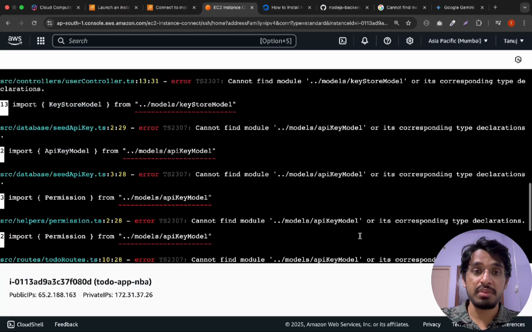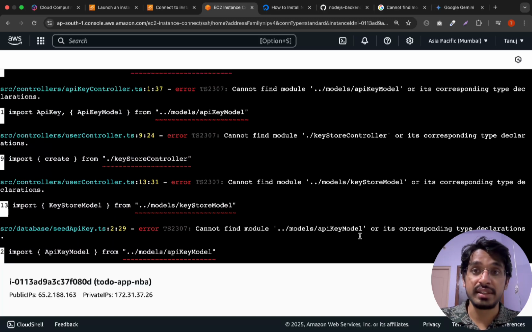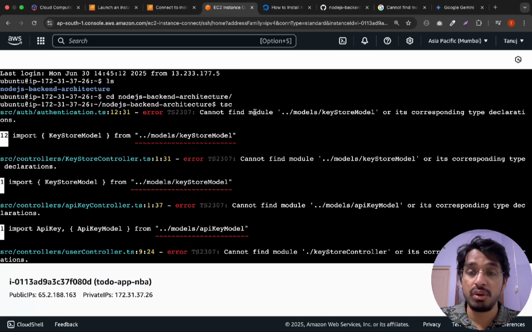So we are getting a bunch of errors. This is the exact same code which I am running from my local machine, and it is working completely fine. Whenever I try to compile all of my TypeScript code here, it is giving me some errors. This is the main motive of using something called containerization, and you see that this